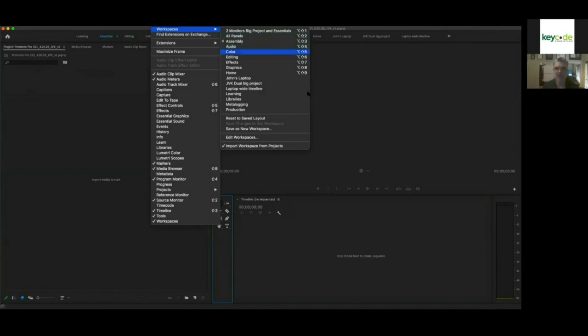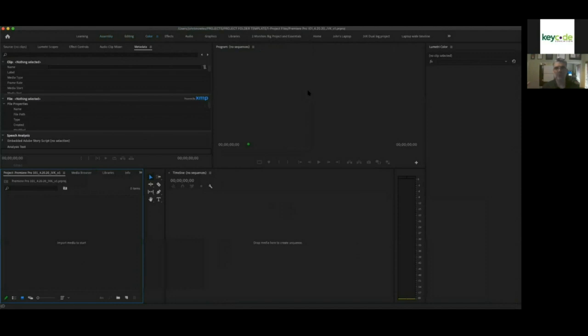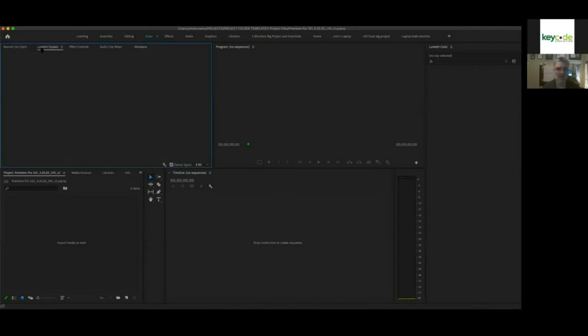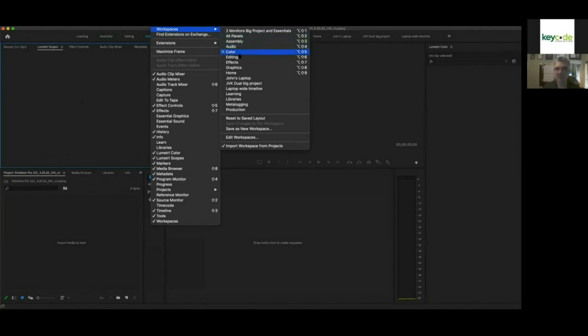And by choosing the different workspaces, it sets up the program based on how they think you might want all this configured. So if I go to Color, for example, this pops open over here on the right. I have the whole Lumetri window. This is Adobe's built-in color corrector, okay? And I have a program monitor and a source monitor, but I also have the scopes that are up. Now, nothing's here right now. I have no media in here, so you're not seeing the differences. So these workspaces are set up based on what they think you want to see, and you can certainly change them. I'm going to go back to editing